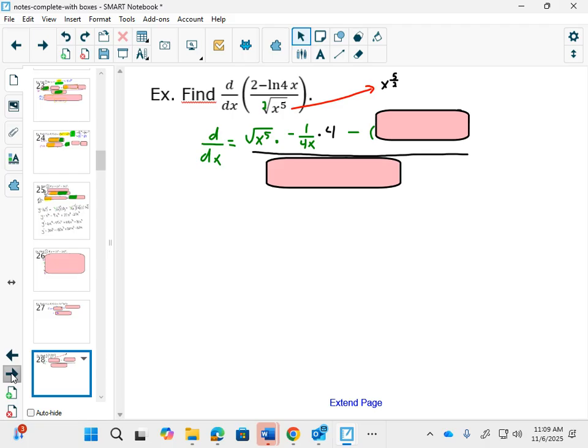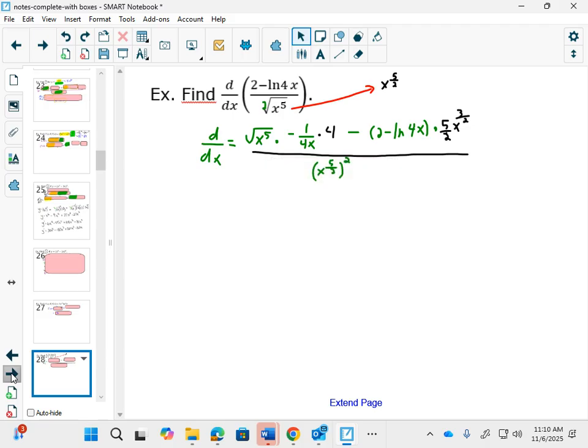And here I have a chain rule with negative natural log of 4x. The outside function is the natural log of x, so its derivative is 1 over x. So I would have 1 over, keep the inside the same, 4x, multiply by the derivative of the inside, times 4. Subtract, keep the top the same, and multiply by the derivative of the bottom, and then we square the bottom,